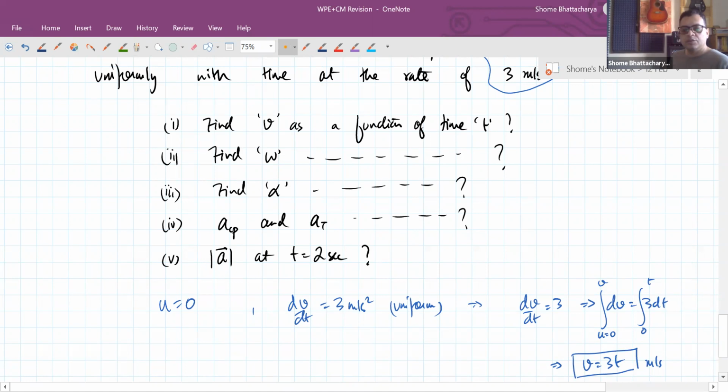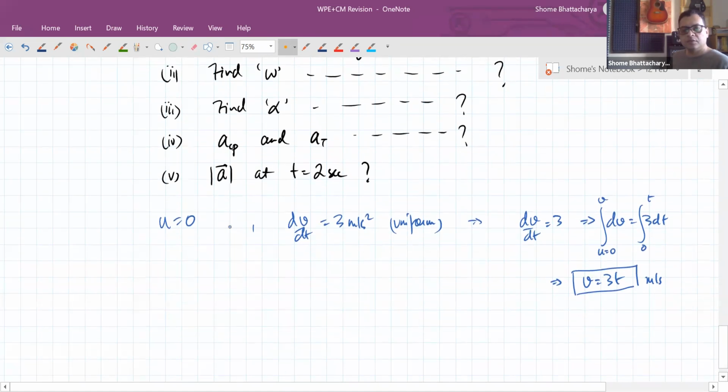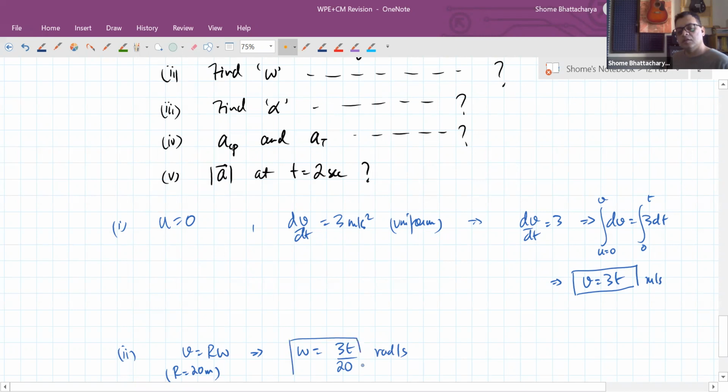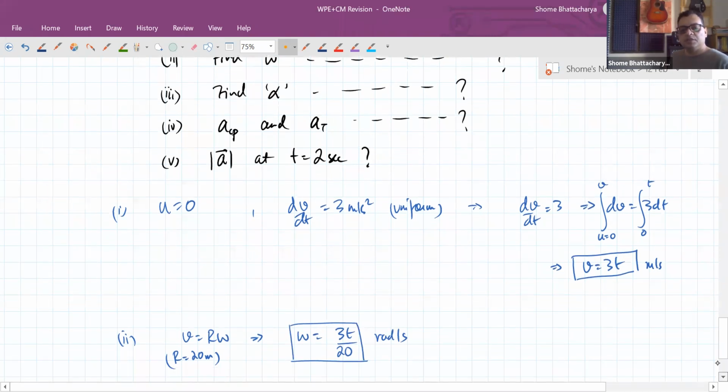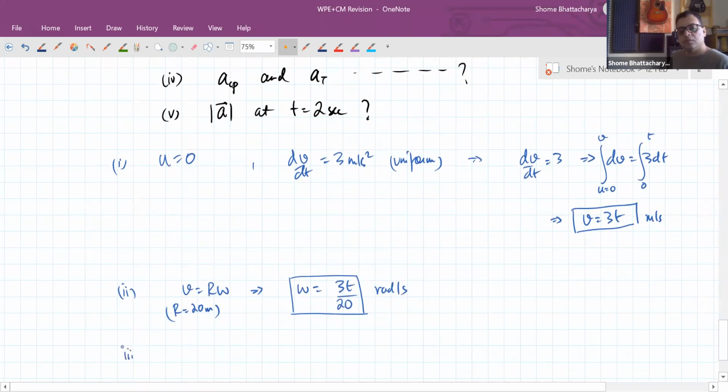Okay. So once we know the speed as a function of time, we know that angular speed will become 3t divided by 20 because the radius was given to us as 20 meters. So the angular speed will become so much in radians per second at time t. So once we know the angular speed, now we know that the angular acceleration is nothing but